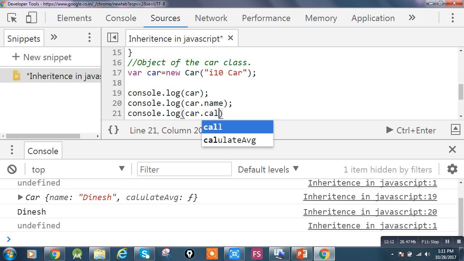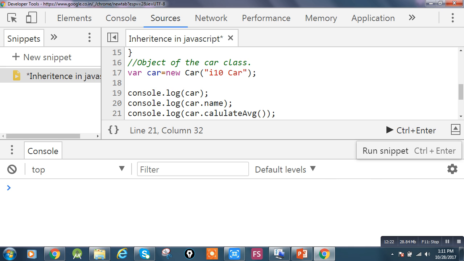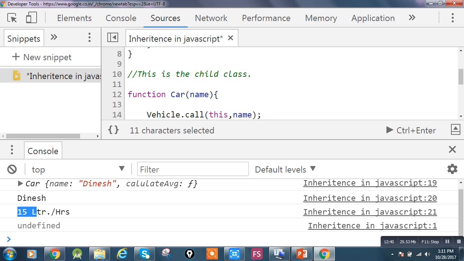Now let me clear the console window so that you can get the result. So you can see here I'm getting the whole object of the car class with inheritance, the name property value is Dinesh, and the calculate average function is returning this. So this way you can achieve inheritance in JavaScript.